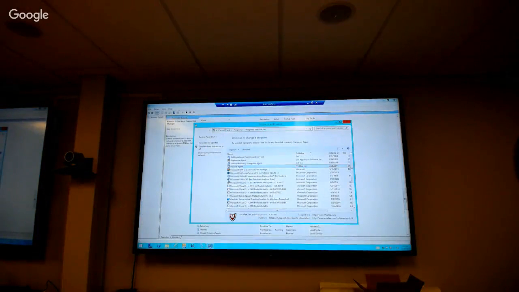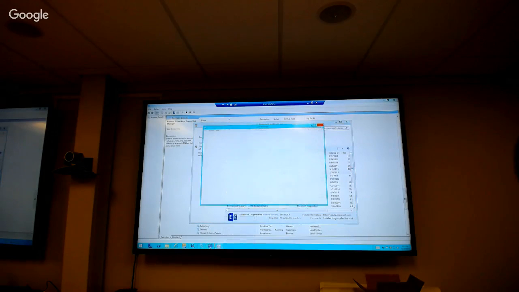Now, another thing you will notice on this Exchange box is you'll have a McAfee agent, but there's no virus scan per se, right? Do not install virus scan on it, and that's because Microsoft doesn't recommend it, as well as Exchange has its built-in anti-spam